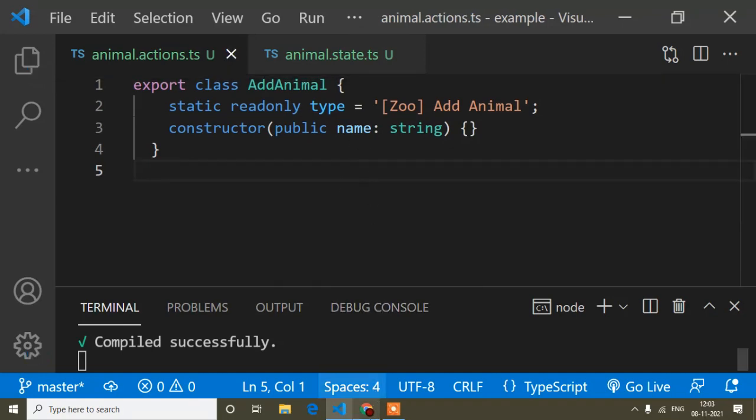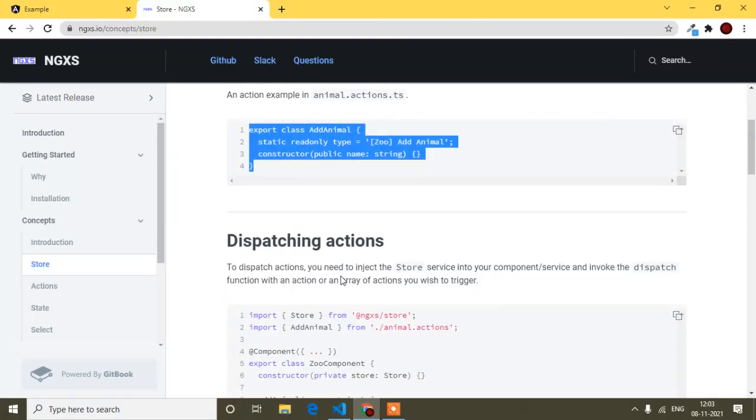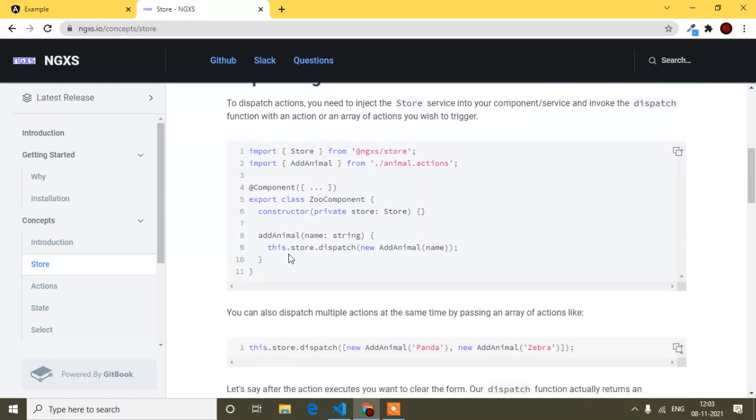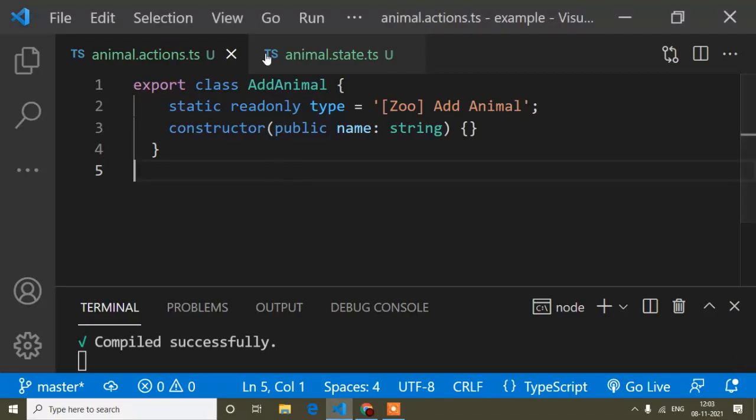Here this is the state, which is actually a ts file. Suppose this is for animal. After that there will be a component for the animal. So this is for the NGXS state.